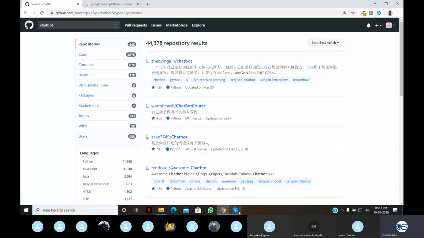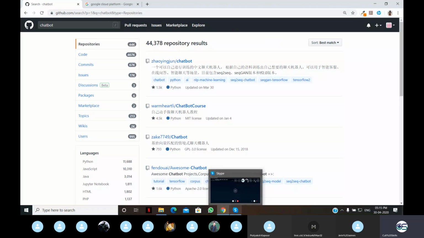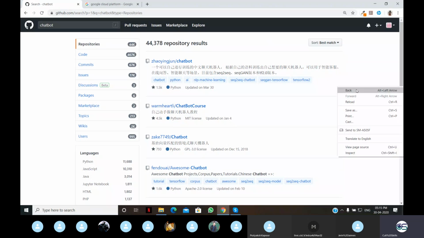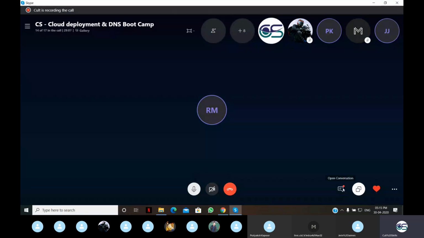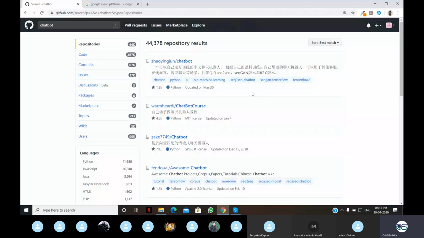Is it visible to others? To me, the Skype screen is showing up right now. Okay, I'm just getting the Skype screen.